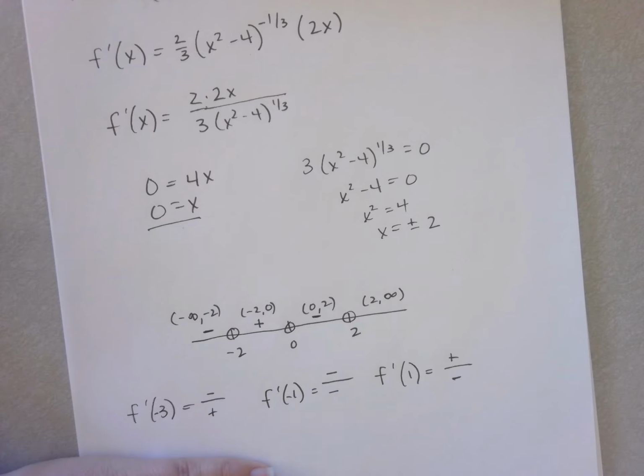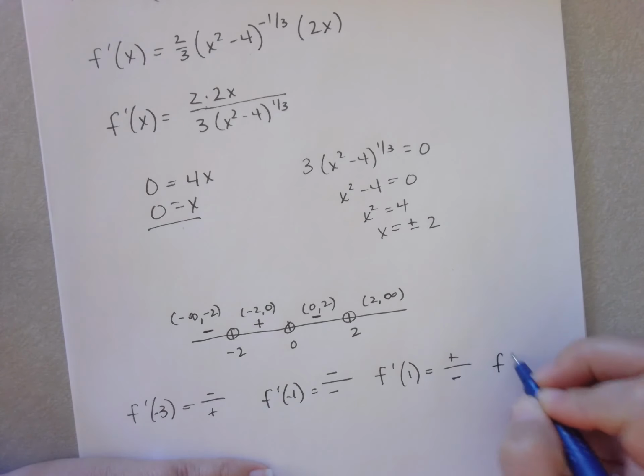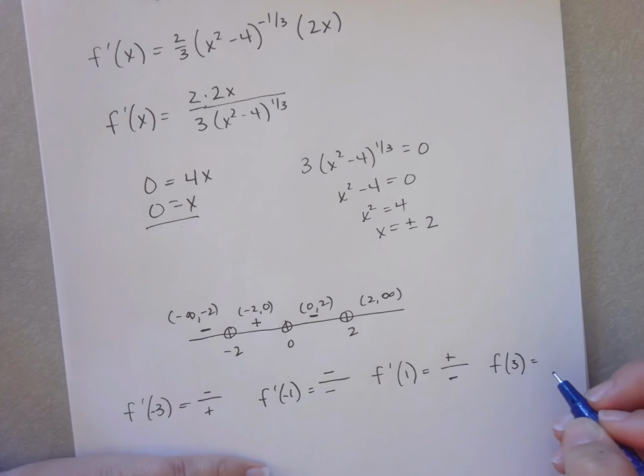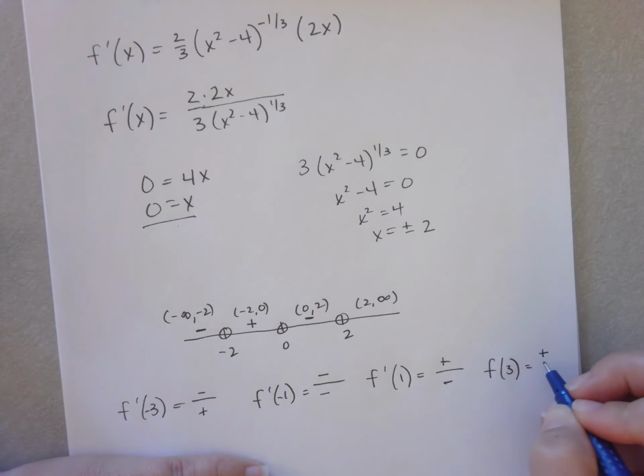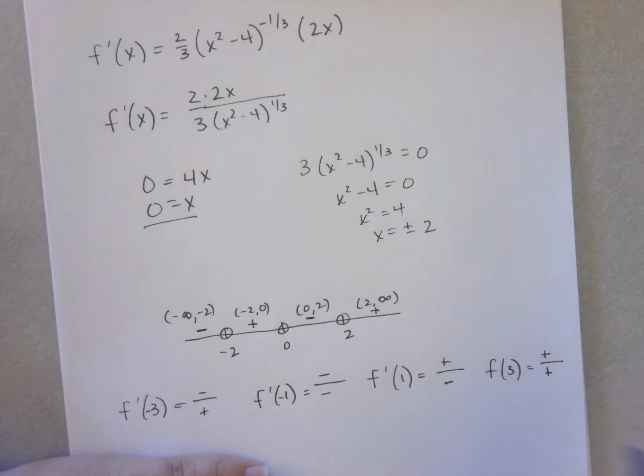All right. And let's see. Now I need one more. So let me choose f prime of positive 3. I will get a positive value in the top, positive 12 in fact, and a positive value in the bottom, so I get a positive value here. Okay, and so